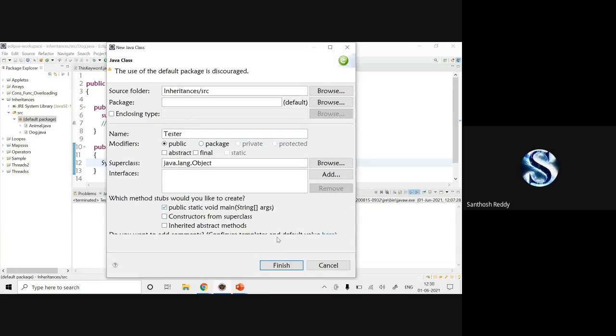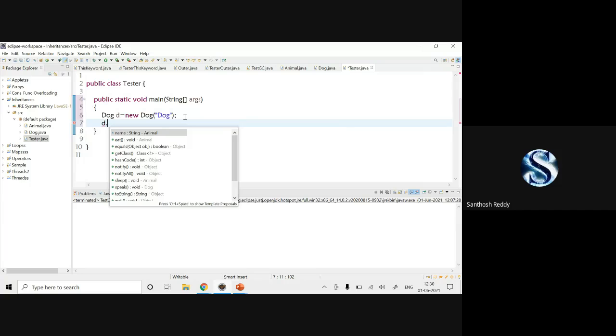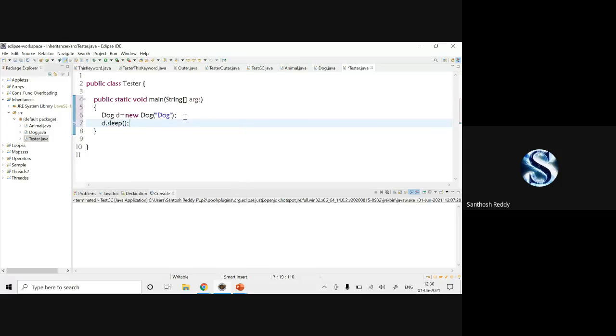I'll create Animal, finish. Now you can check it out. I'll create an object for Dog: d is equal to new Dog, and I'll pass it a string called dog. Now using the reference variable d, I can call the sleep method.